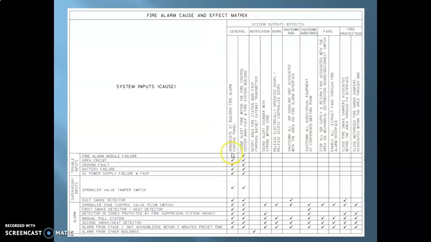That is namely, first of all, there will be annunciation at the FACP. That means that it will display what kind of trouble signal it is, and along with that there will be an LED that will keep on blinking on the FACP. And this is common for almost all the signals. It will do the same thing, even for alarm signals as well. And you will have a certain tone that will activate on the FACP for all these signals too.